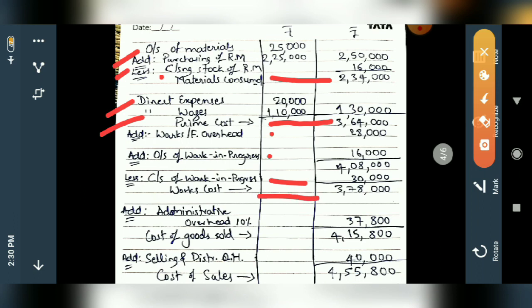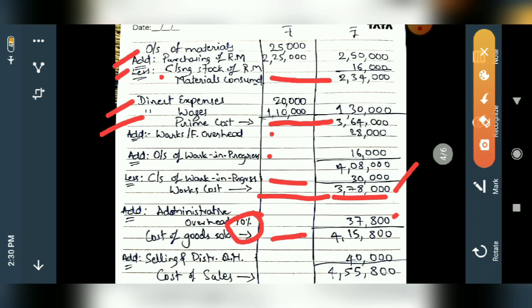Then you will get your works cost here, 3,72,000. Then for that 3,72,000, to get your cost of goods sold, you have to add administration overhead. Administration overhead is 10% of the above overhead. So 3,78,000 is there. So 37,800 will be the 10% that you are going to add. Then you will get this